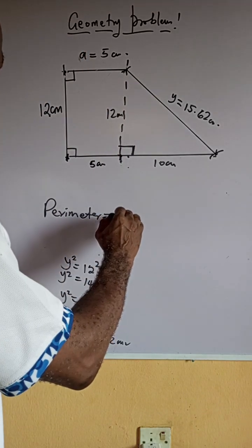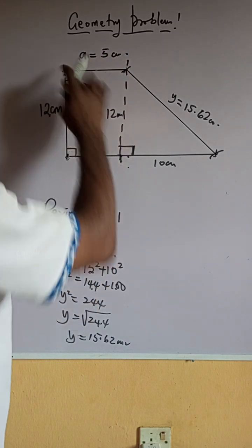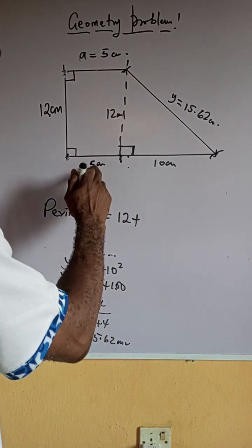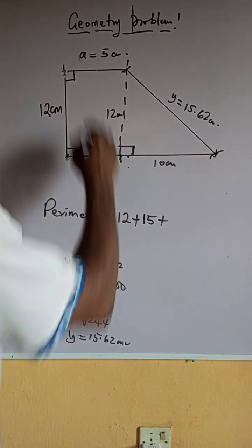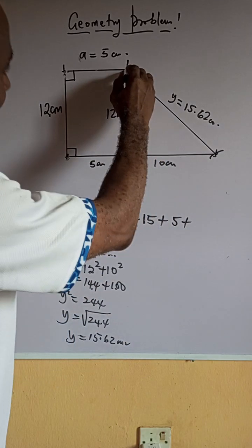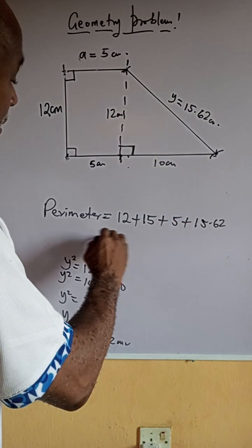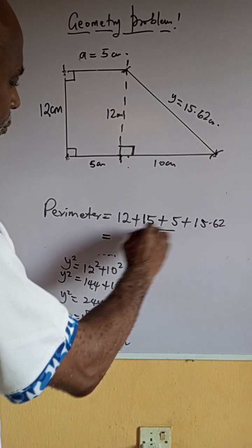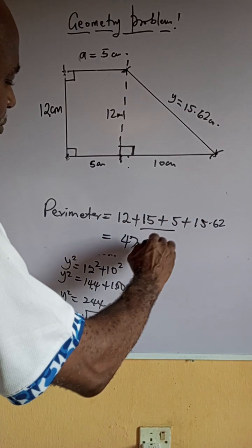So we start adding up all the sides of this trapezium: from here to here, which is 12, plus from here to here is 15 centimeter, plus from here to here is 5, plus from here to here, which is 15.62. 12 plus 15 plus 5 is 32, plus 15.62 gives us 47.62